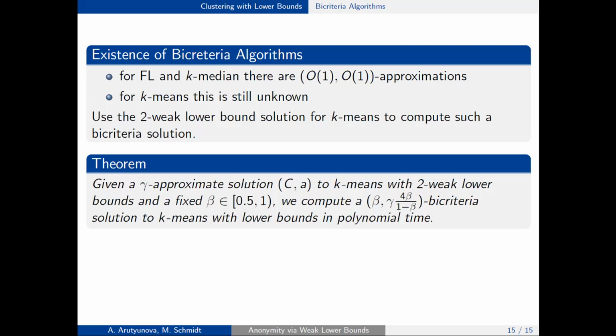This leads to our final result, namely given a gamma approximate solution CA to k-means with 2 weak lower bounds and a fixed beta which is at least 1/2 and at most 1, we can compute a BCriteria solution to k-means which assigns every center at least beta times b points and is a gamma times 4 beta over 1 minus beta approximation to a k-means solution with lower bounds. So those were our main results regarding